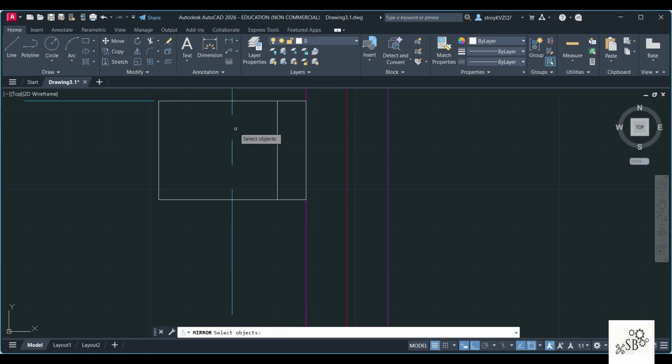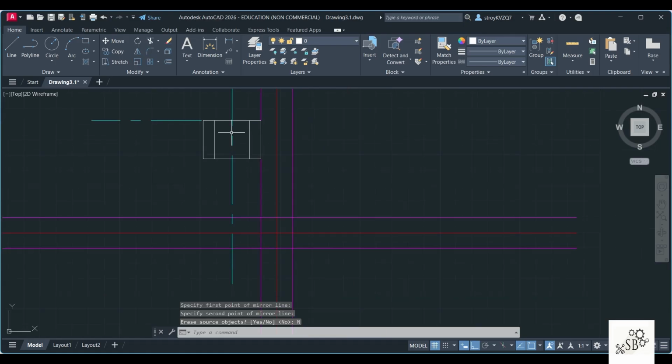I'll use the mirror option. I'll select this object. I'll press enter. Between these two lines I have to copy. Erase source object: No. So once this is done,